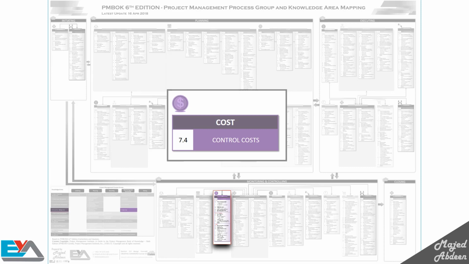What's the importance of using these formulas to calculate the progress and the cost? Well, imagine your manager asked you, "What's the progress of your project?" You can't say, "It's good." This is not enough. What if he asked you, "What's the schedule or cost performance percentage of the project so far?" This process answers these questions and more.